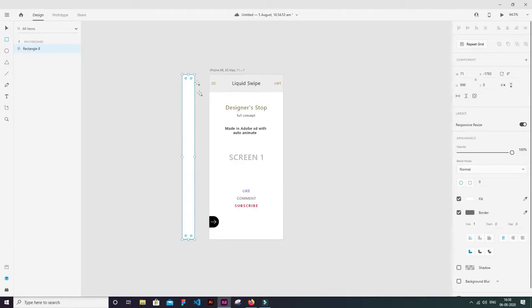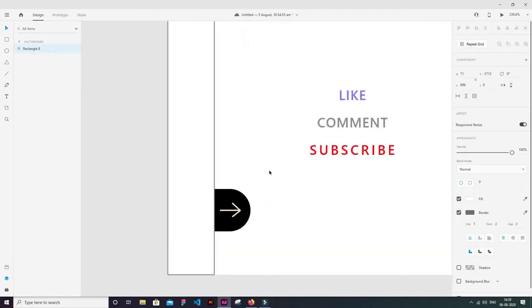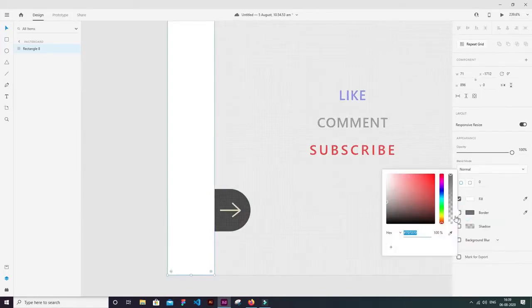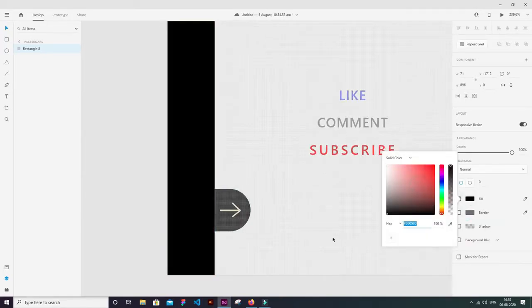Make sure that the height of the rectangle is similar to your iPhone or the artboard which you have taken. And now I'm going to join this. I'll remove this border, and the color should be black.